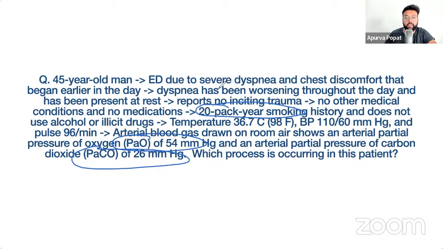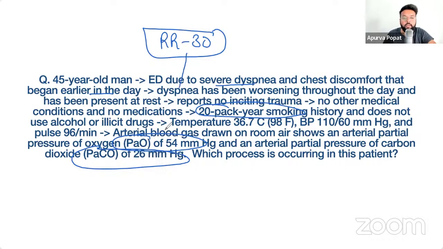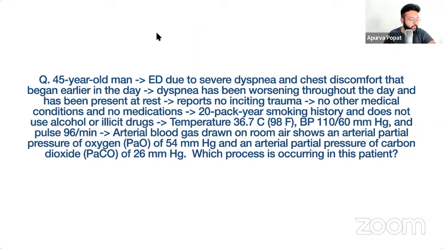After this, the patient is having dyspnea, chest discomfort. Okay, respiratory rate is not given, but I am giving you, respiratory rate is 30, and as a result of that, why is he having PaCO2 of 26? PaCO2 is decreased, right? Yes, why? Because of hyperventilation. Okay, when you hyperventilate,